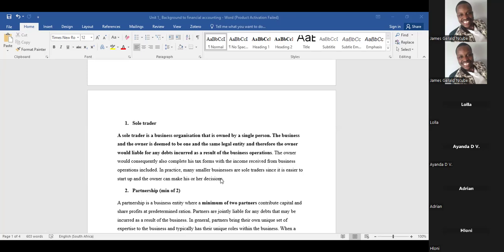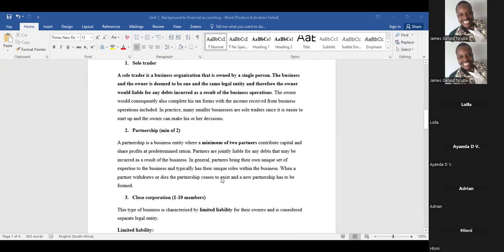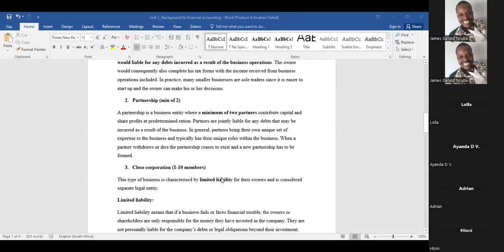Okay, so having spoken about that, our second business combination is a partnership. So a partnership is usually a business entity where there is a minimum of two partners, where they share profits, and each of them contributes 50% to the capital, right? And they contribute to the business in a complementary way to help the business grow, right? And then